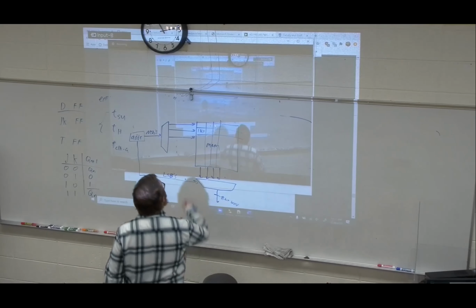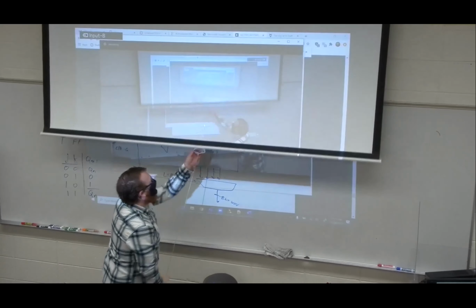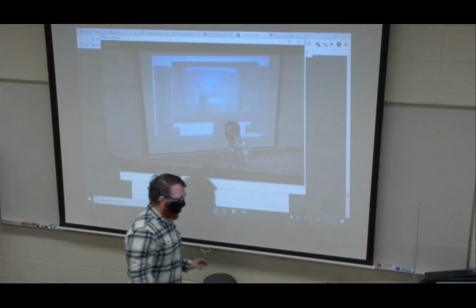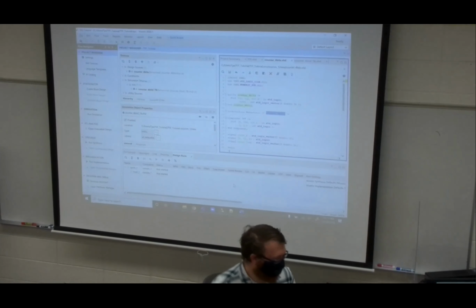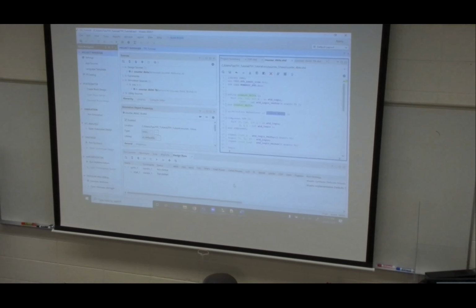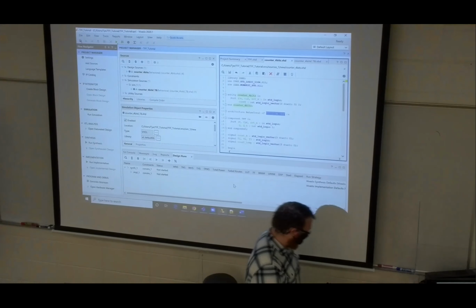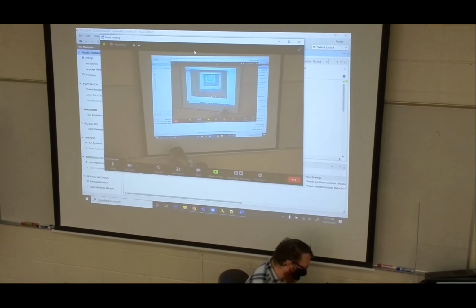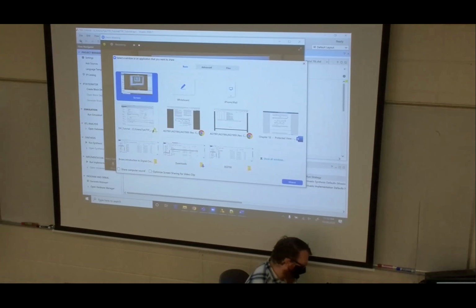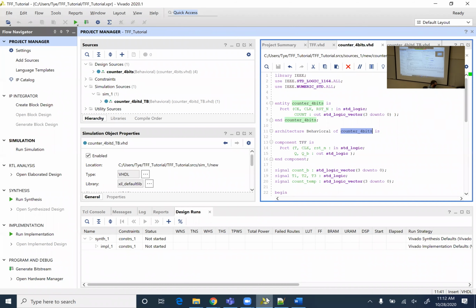Great. Oh, come on. And I got to change this over to screen sharing. Okay, so